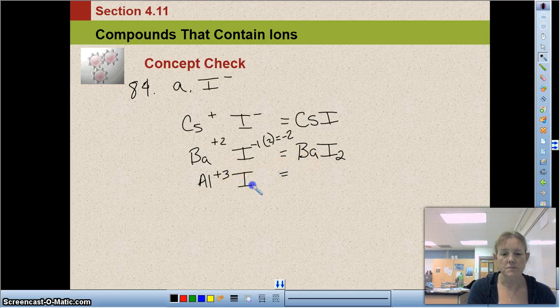The last one is aluminum. Aluminum has a plus 3 charge, so in order to cancel those out and make an overall charge of 0, I need to have a negative 3. That means I need to have 3 iodine, so it's